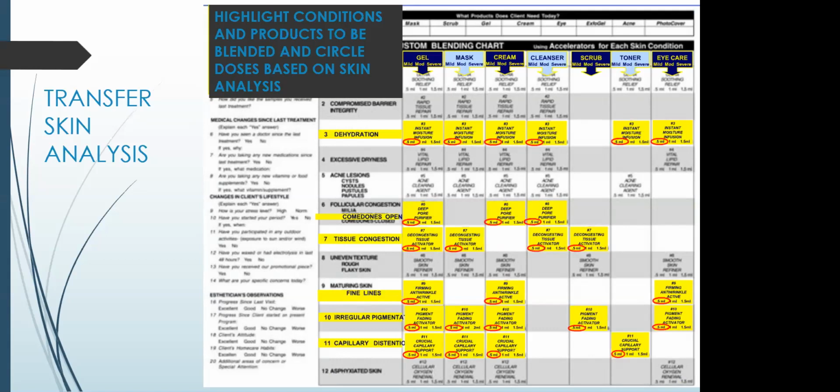So we have accelerators. Our accelerators are designed for custom blending home care treatments. We use them within our treatments. We use them to make serums. They are pure concentrated laboratory strength accelerators. And depending on your client's condition, whether it's mild, moderate, or severe: if it's mild, it will tell you that you can only add 0.5 milliliters of your accelerator. If it's a moderate skin condition, then you're going to add 1 milliliter of product or accelerator. And if they have a severe condition, then you're going to add 1.5 milliliters of whatever accelerator is needed to control the skin condition.